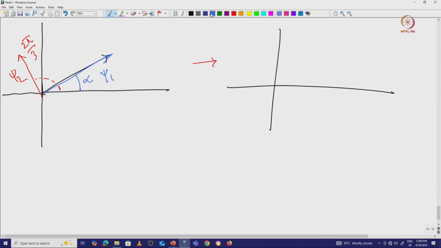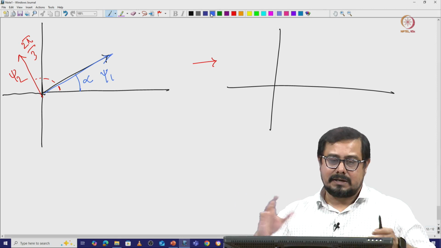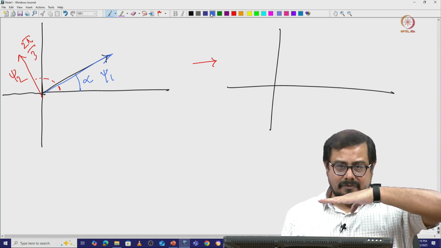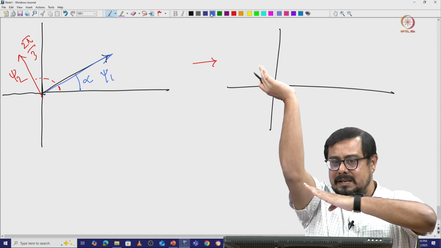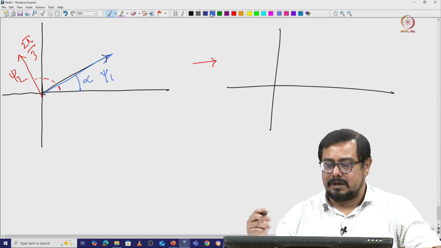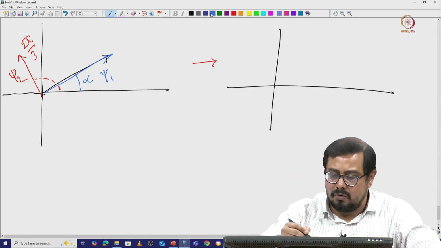So, first wave, now we know how to add those vectors, because we already discussed these things multiple times. I already showed you how we can add two vectors. When there is a different angle, alpha, if this is a certain angle, then the rest of the angle you will add here and then draw the resultant one. The same way we will do it here.